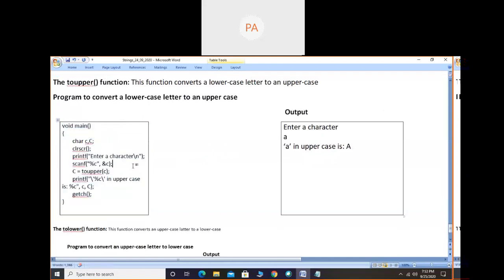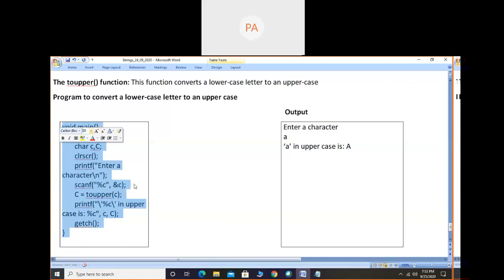So these are the inbuilt functions. You have to write them as they are. So in this program, you observe one character you have to give, either a lowercase or uppercase character. You should not give a digit or a symbol, because those are not capital letters or small letters, they will not come in the letters category. So you may expect an error at this point, in case of the to upper function.